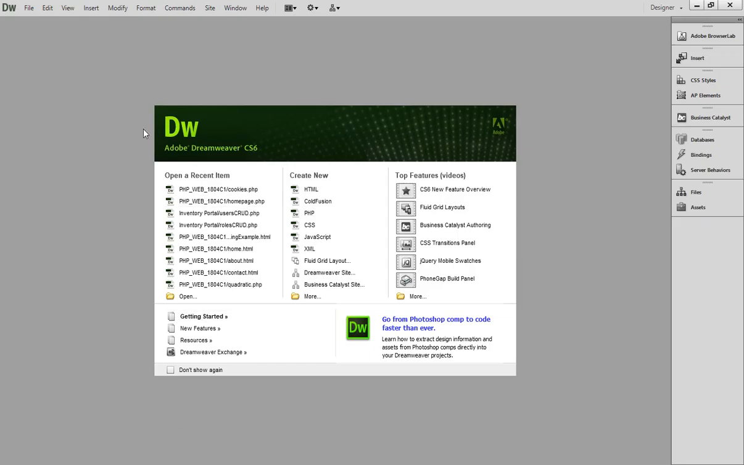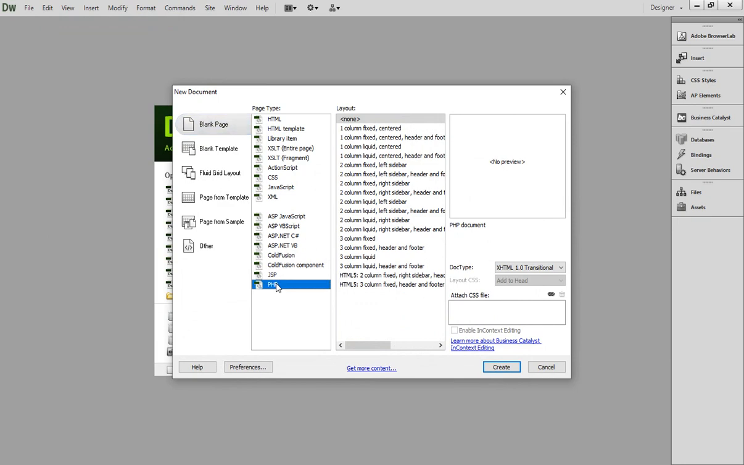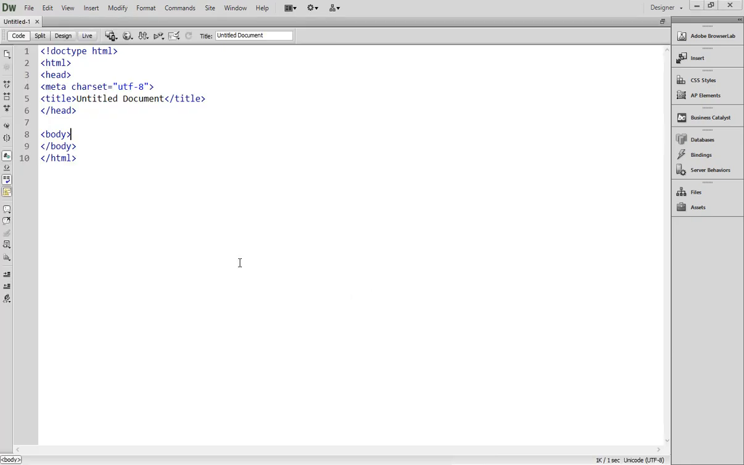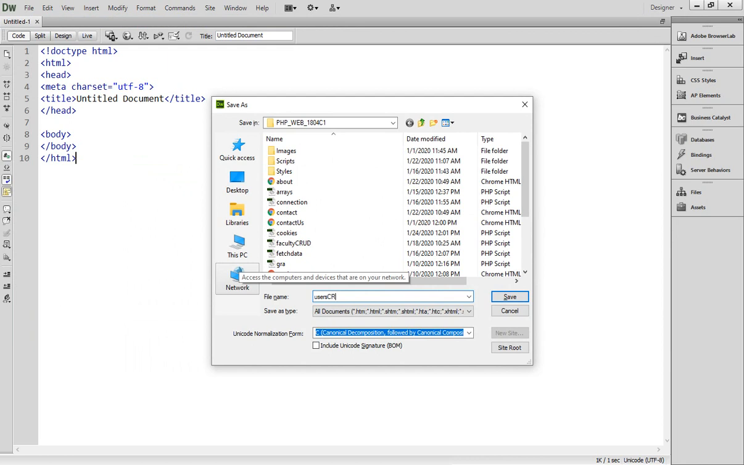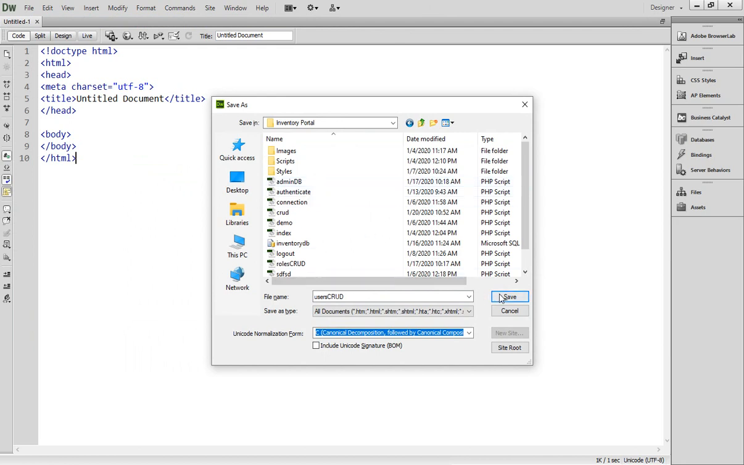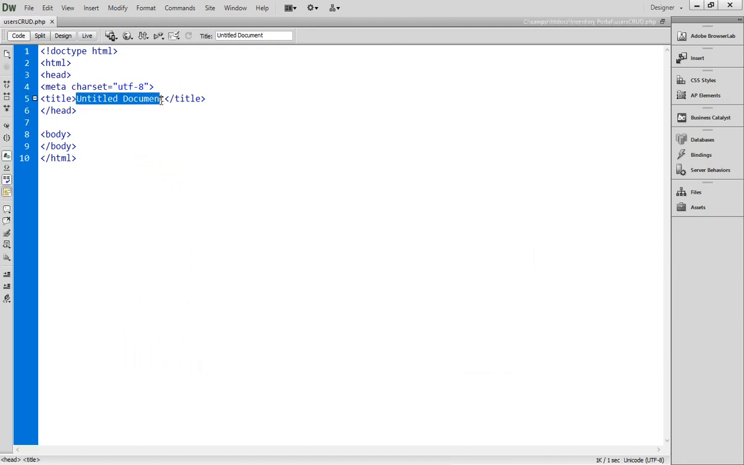So let's go to Dreamweaver and create a new page, and let's first quickly create the design. Save this page first of all with the name users CRUD, and the working directory should be inventory portal, that is our project directory. Here let's write users CRUD or user management. Okay, that's my title. Then come inside and create a div